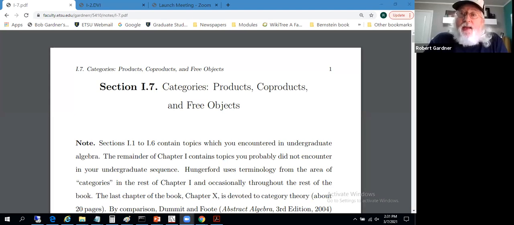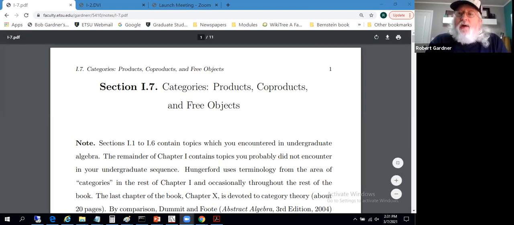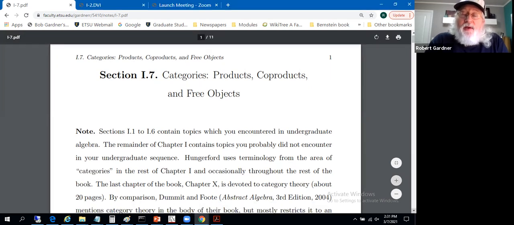On to section 1.7 and a look at categories. Some of the topics will be products, coproducts, and free objects. Category theory. I really doubt you covered this in senior level algebra. Could be viewed as a bit of a peripheral topic, though Hungerford emphasizes it a bit more than some other